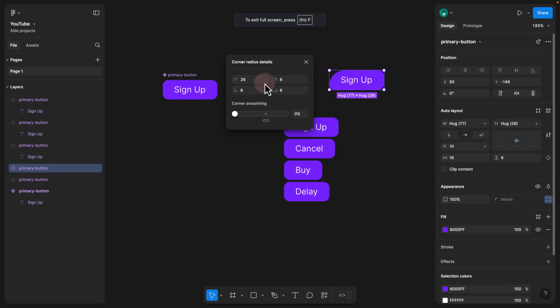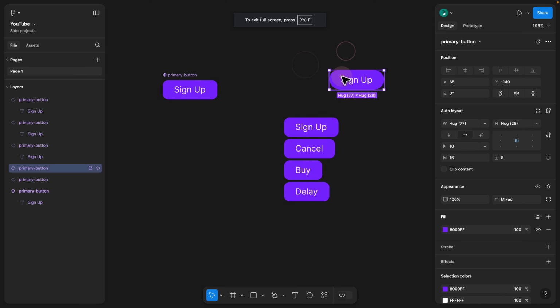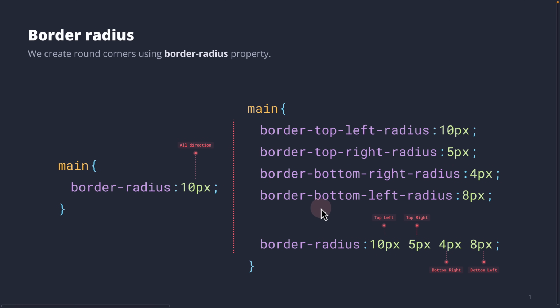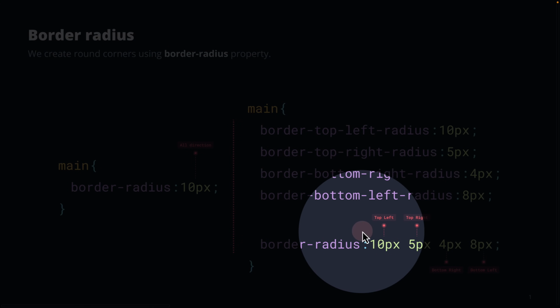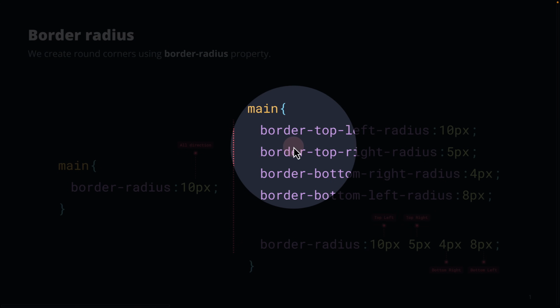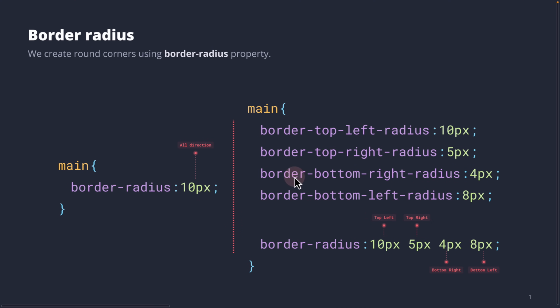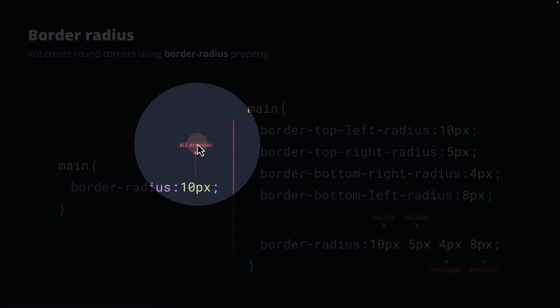Here you see my top left is being rounded, and now I have the top right and then bottom right and then bottom left. So this is how you would individually round corners in Figma, and this is how you would individually round corners in CSS by adding 4 values or individually declaring them one by one. Or if you have one single value, you can simply add that as one value and it would automatically get